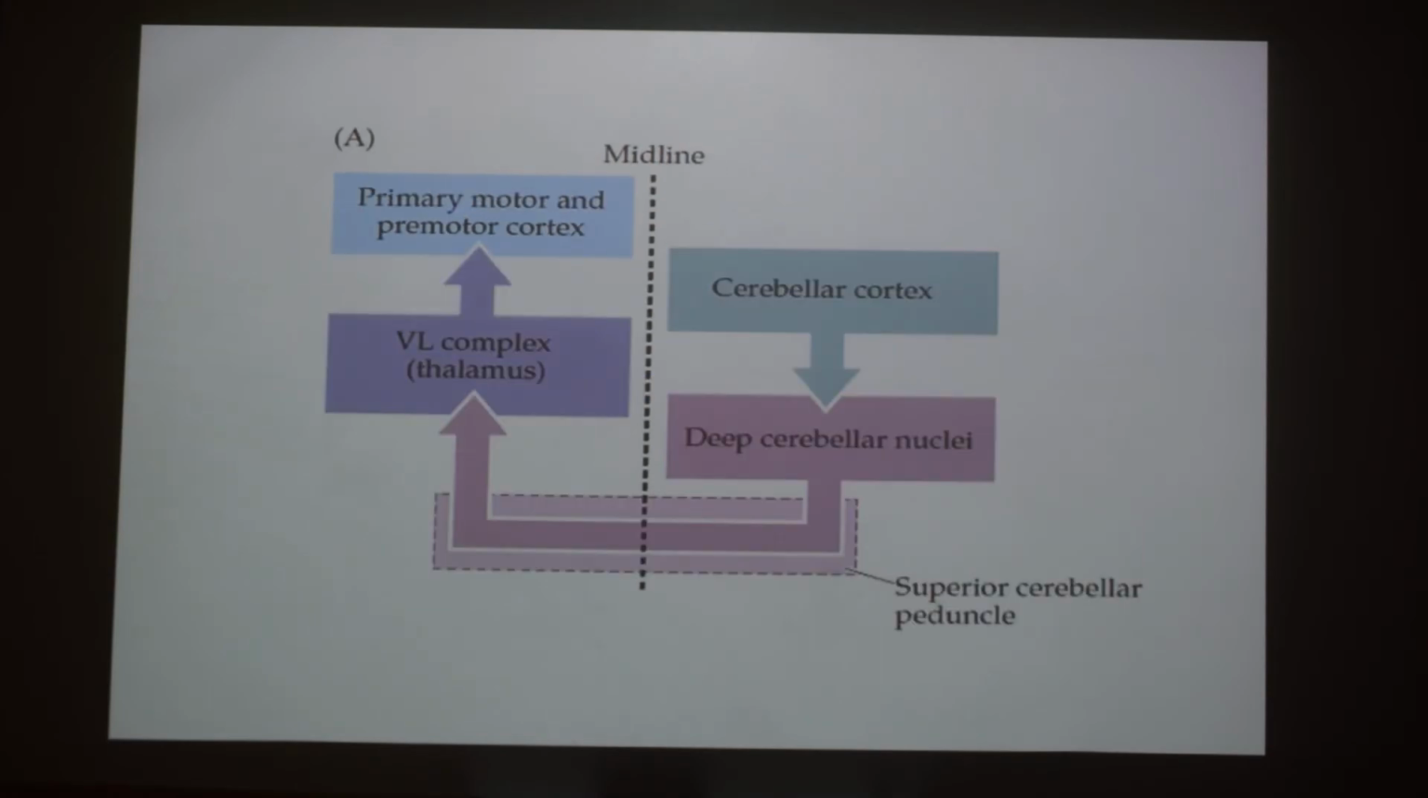Now if we look at the output, the output of the cerebellum is going to be through the deep cerebellar nuclei. So the output of the cerebellum is going to go out from the deep cerebellar nuclei, and it is going to go to the thalamus, and from the thalamus to the primary motor cortex and the premotor cortex. So the complex of the thalamus, where it